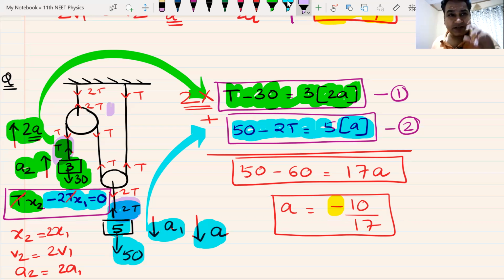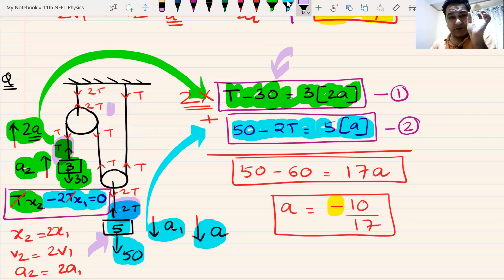Actually, if you see the relation, you will understand that in the first equation it is minus 60, but in the second equation it is plus 50. Plus 50 is less than minus 60, and that is why this block is moving up. For this system to move down, the value of this mass must be at least 6 kgs. When it is 6 kg, it will remain like this. If it is less than 6 kg, this will move up and this will move down. If it is more than 6 kgs, this will move down and this will move up. Do we understand this?